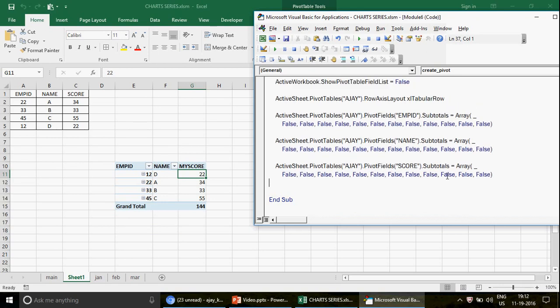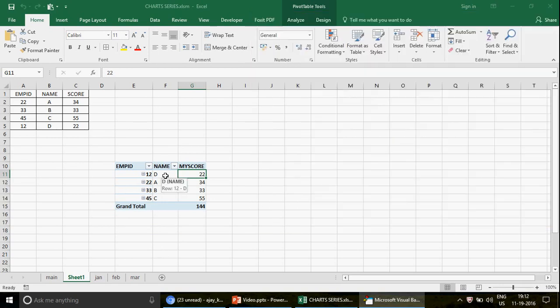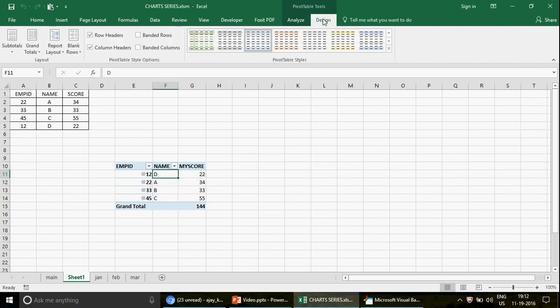So how easy it is? I don't think so, it's really tough. It's very easy. You didn't really do anything. You just recorded the macro. And if you go to the design view,